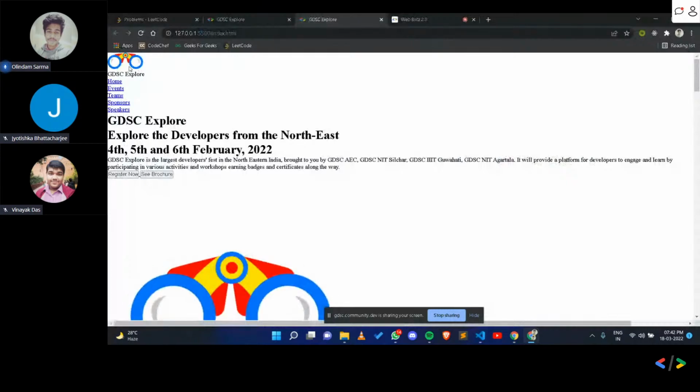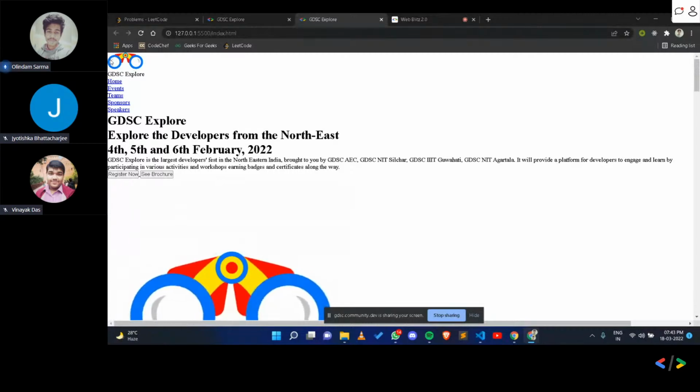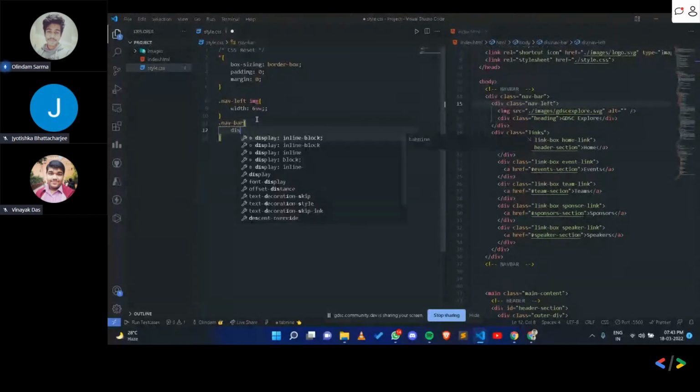There are multiple ways you can use flexbox, but flexbox is the mainly used one. We demonstrated flexbox, so we're going to use it here. I want these items to be aligned in a row-like manner, right? So I'm going to use flexbox. In the parent container, I am going to make its display property flex. So the parent is navbar. So I write navbar here